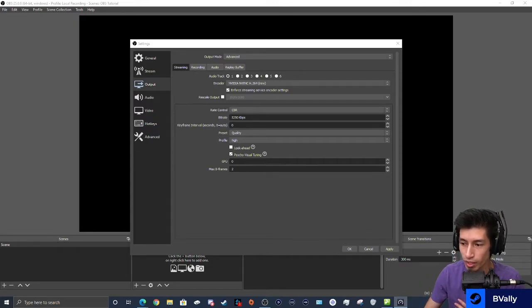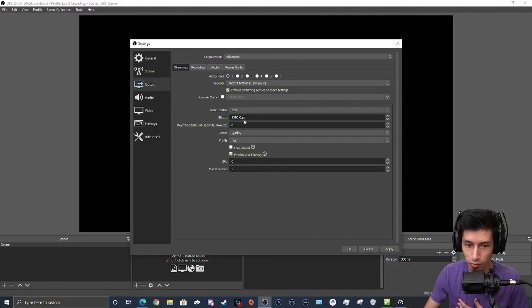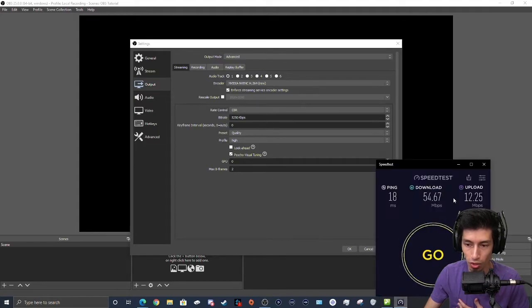So for right now, I'm gonna go ahead and bring it over. My download and my upload is 54 megabytes download and 12 megabytes upload. So you want to use your megabyte upload speed. Even though it says 5,000 right here for me, you don't want to use all of your upload speed. For instance, you don't want everything congesting when someone else around the house, or on the same Wi-Fi network or on the same network,